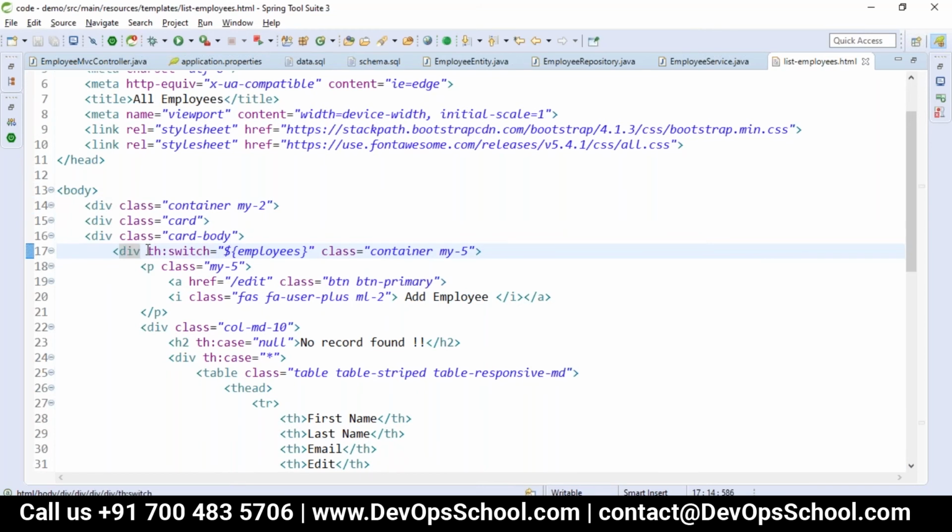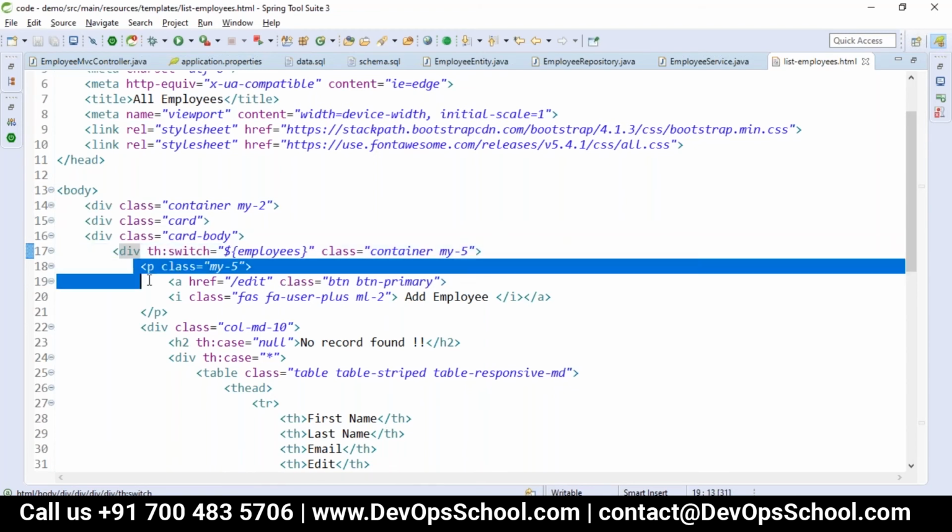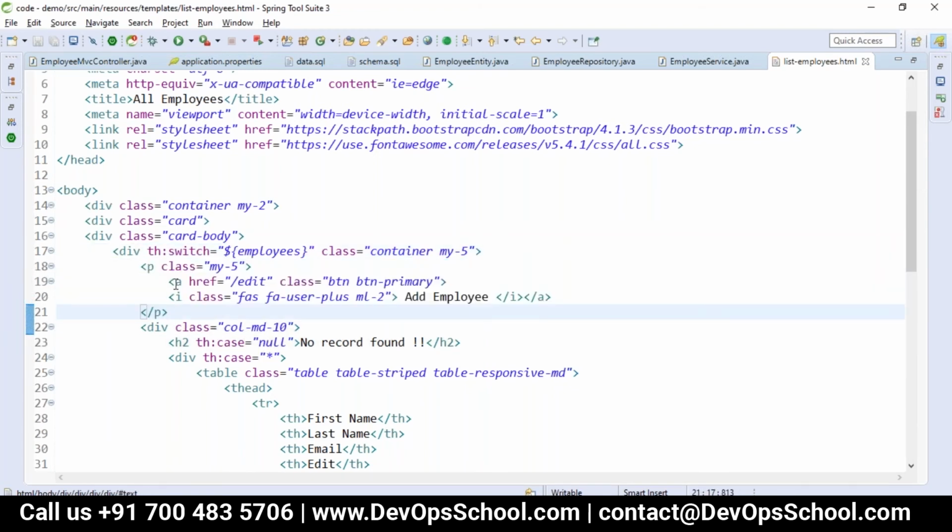First we are taking a switch condition here, on employees. First we are providing the add button, that is an href of edit, and we are giving here Add Employee. If there are no records present, we are using the switch case th:case. If it is null, then it will print No records found. It is the same as your Java switch case condition. The th:switch is taking our employees. If the case is null, then it is No records found. The next case is if